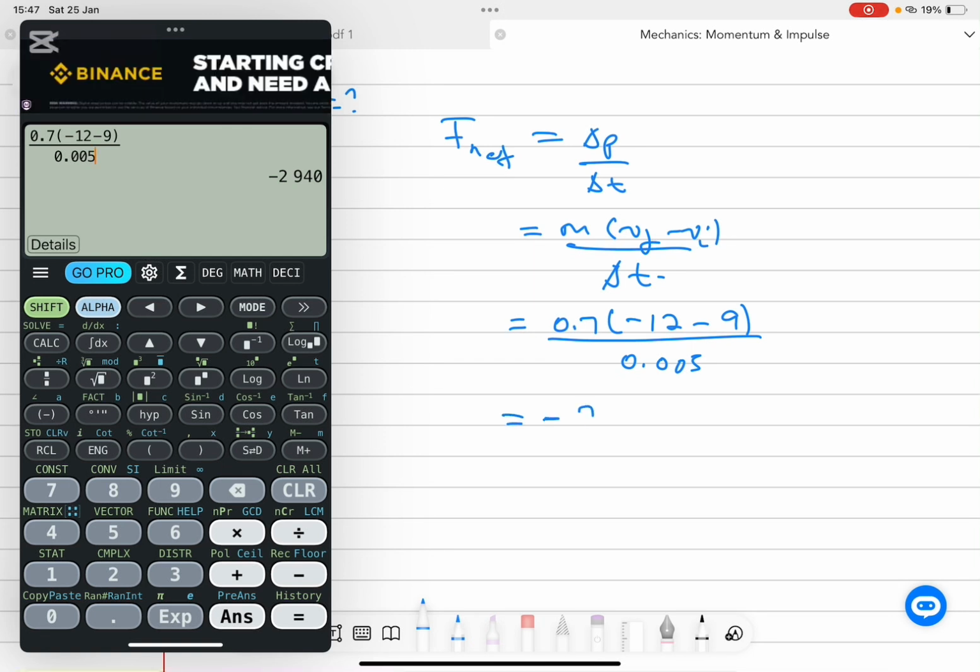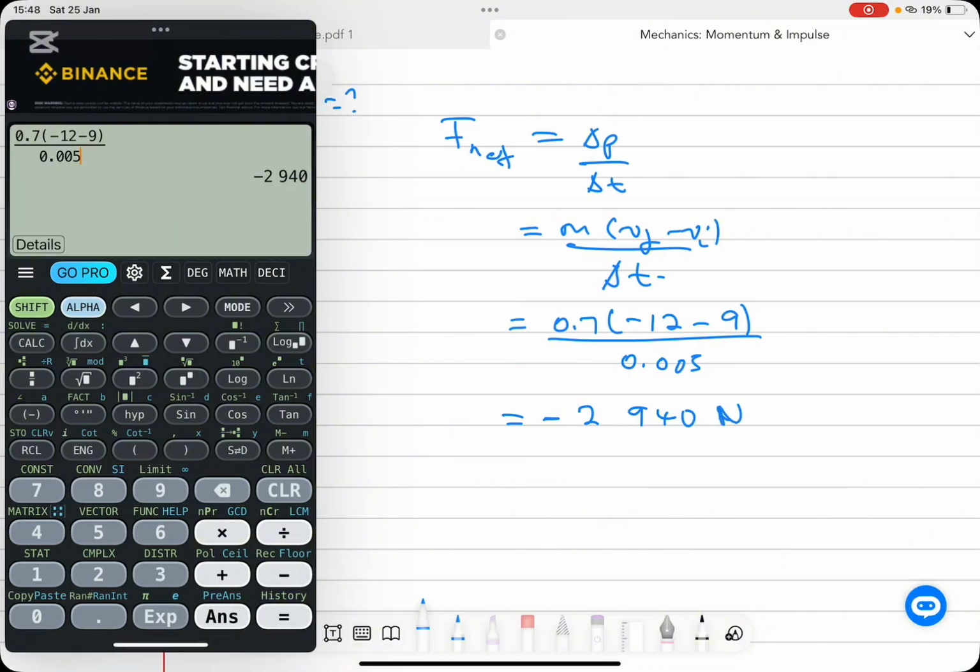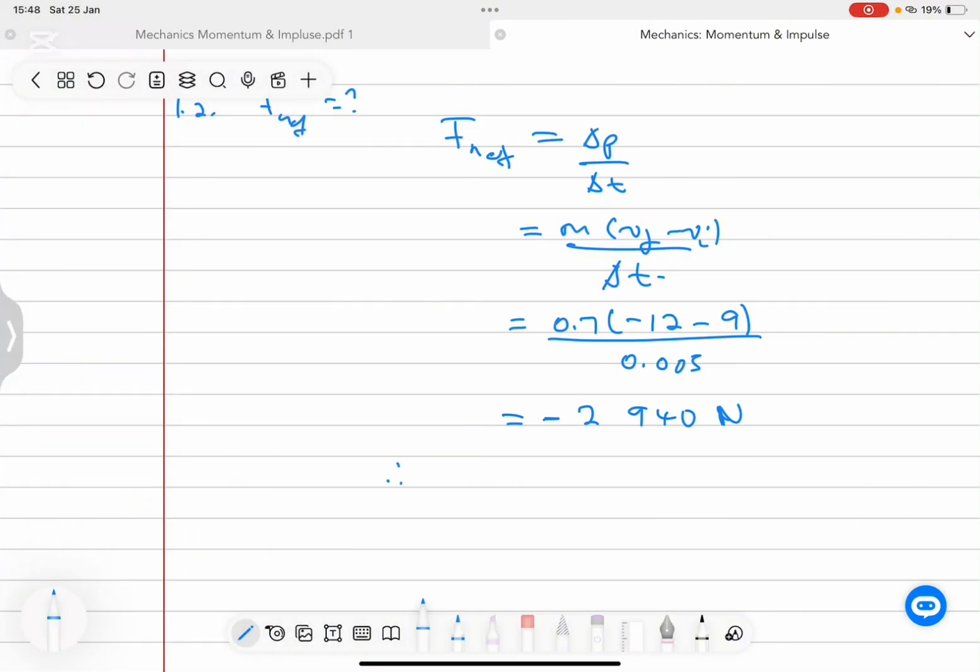And this gives me an answer of negative 2,940 newtons. So at the end of the day, this tells me that my net force is equal to 2,940 newtons